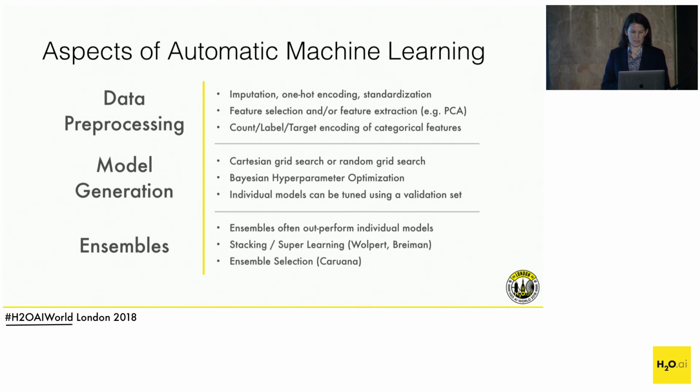So that's what I mean by model generation. And then ensembles, there's different types of ensembling. Here, these are just two common ones. Stacking, or stacked ensembles, also sometimes called superlearning. It's the same thing. This is a technique of using a machine learning algorithm to learn what the best combination